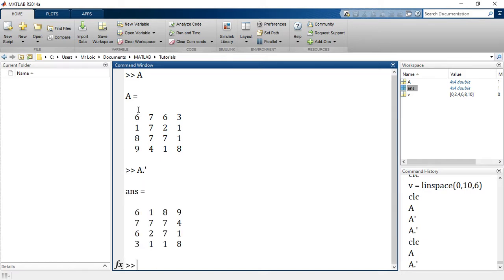You see the first column has become the first row, second column, second row, third column, third row, and fourth column, fourth row. So the nth column becomes the nth row, and the nth row becomes the nth column. It's as simple as that. That's the meaning of transpose.